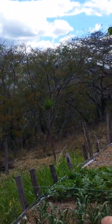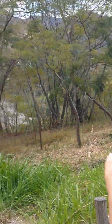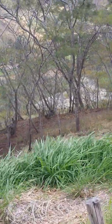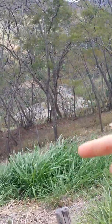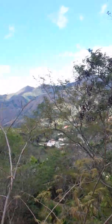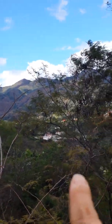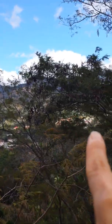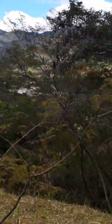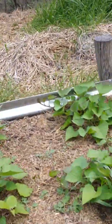So you can't really see, but back here is a lot more pasture land. And down there is the river. You can't really tell, but this is a pretty steep drop right at the edge right in there. And that back that way, as you can see, is the town Vilcabamba. These are mountains. And let's see if we can find a little